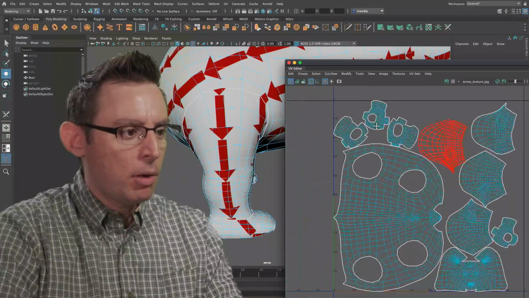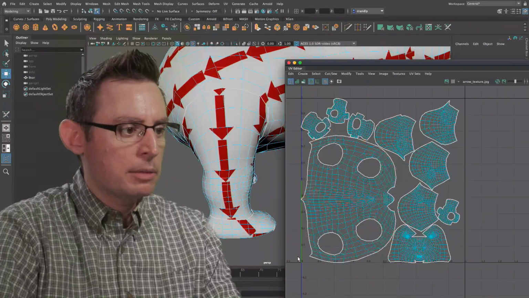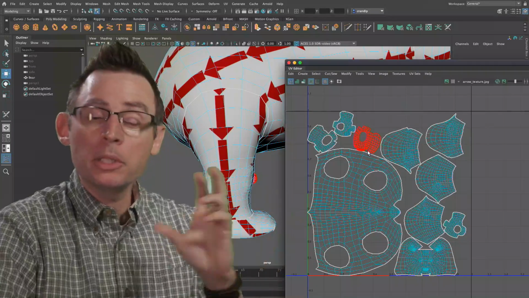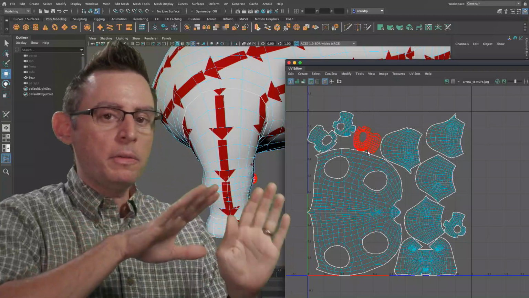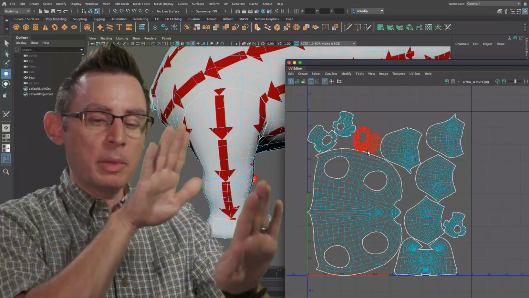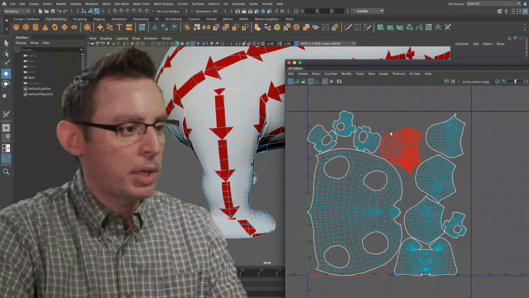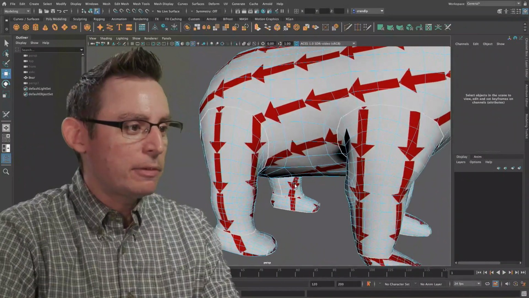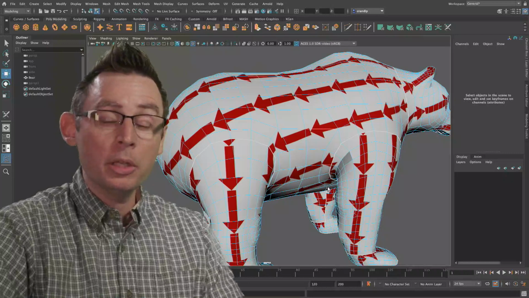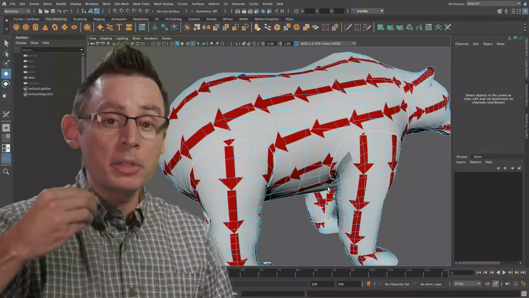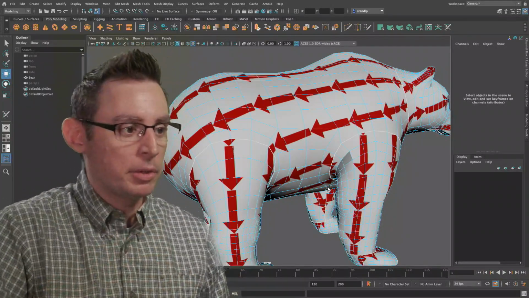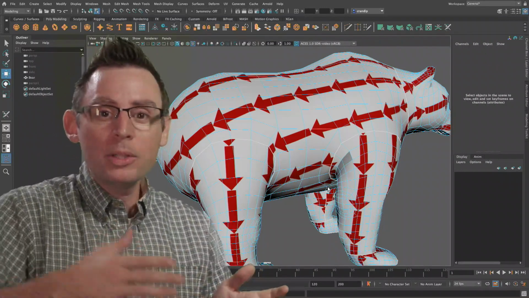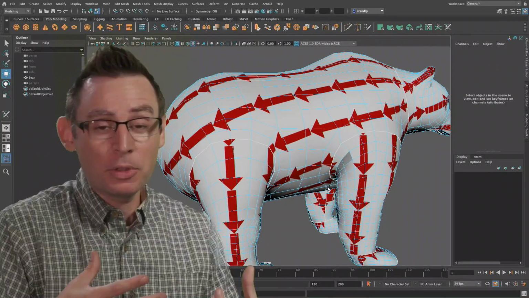Keep in mind, it's all got to be packed inside of this positive UV quadrant in this first big grid square. That way, when we texture this over in Substance Painter, the UVs and all the texturing information are going to be stacked on top of each other right in the application itself. So this has paid huge dividends. It's really easy for me to see and analyze the quality of my UVs when we have a material and a texture applied to that material. I can see mistakes. I can see if it's working the way I want it to work, because once I export this, I'm done with the UV stage.